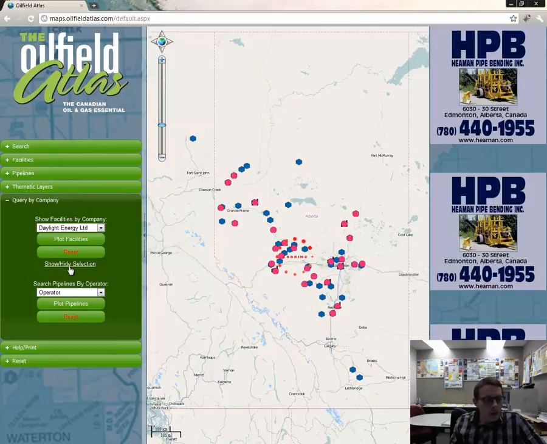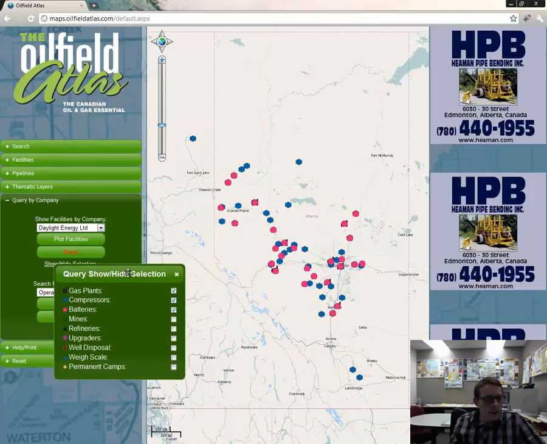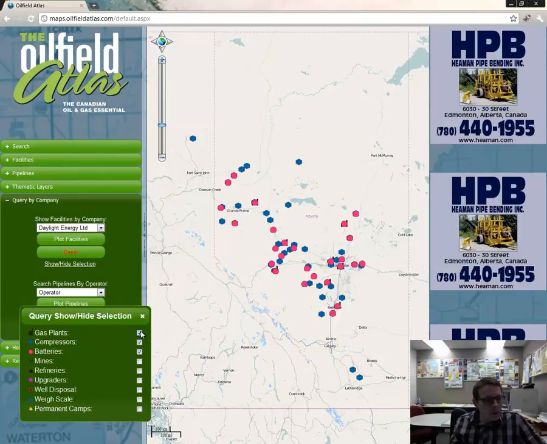Now, you're able to show and hide as well. As you can see, some of these things are overlapping. So as they come in, you're able to select and deselect any of the facilities, so you're able to hide